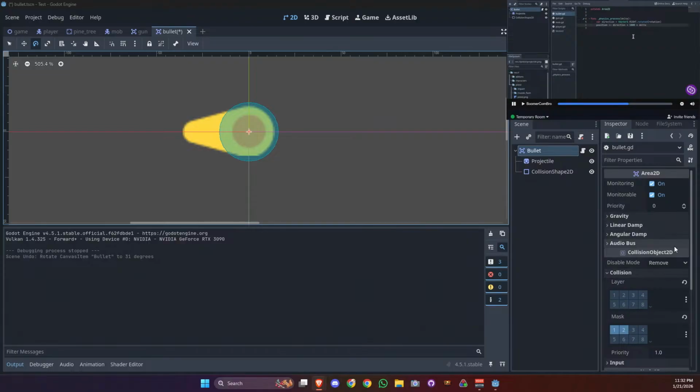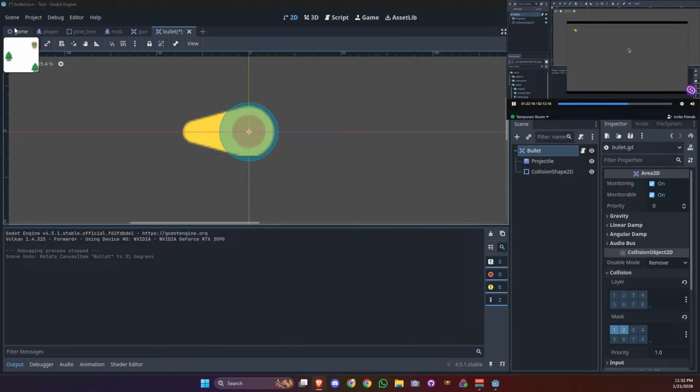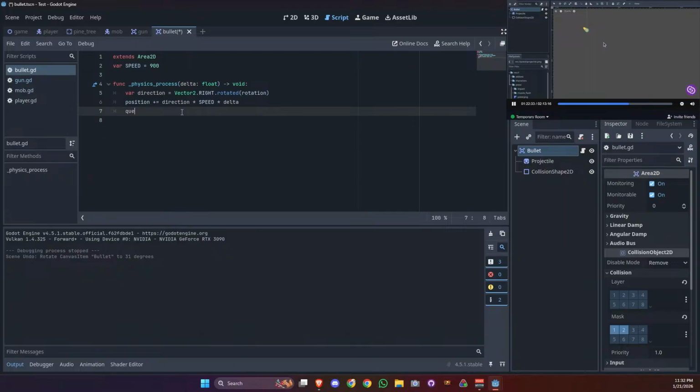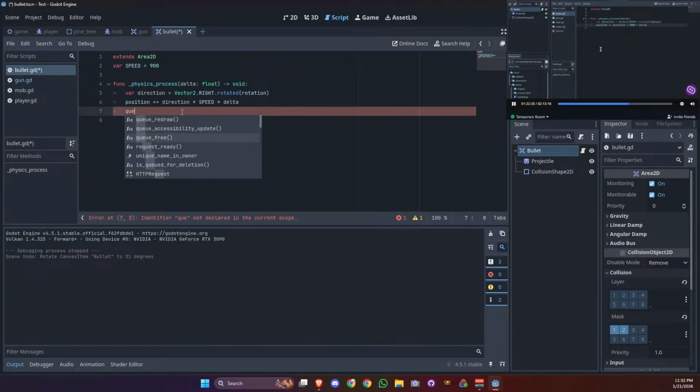There's one more thing that we want to do with the bullet. We want it to have a limited range. One reason for that is just to limit the range of the gun. But another reason is that as the player shoots lots of bullets in the game, we need to at some point destroy them. Otherwise, they will accumulate and accumulate as the game is running,